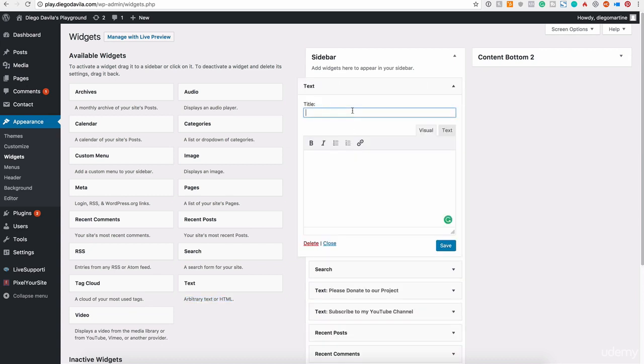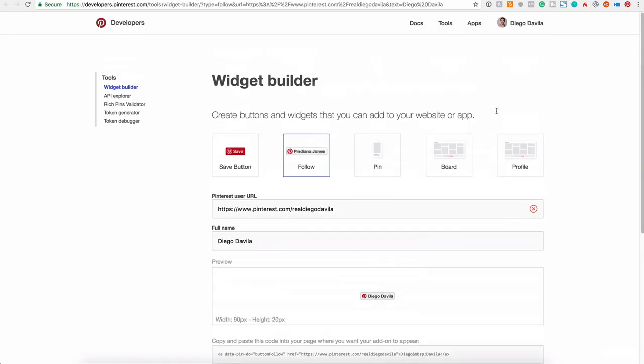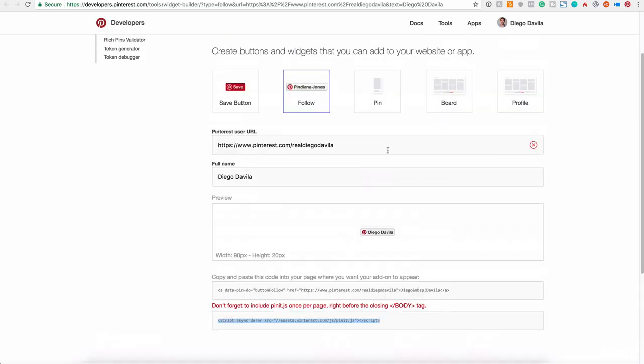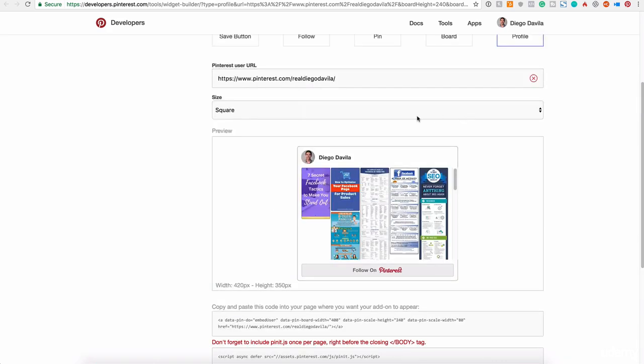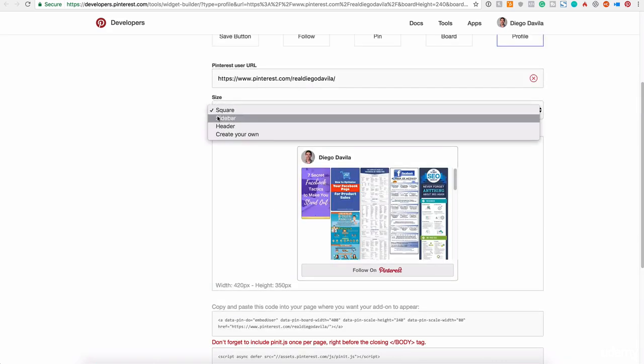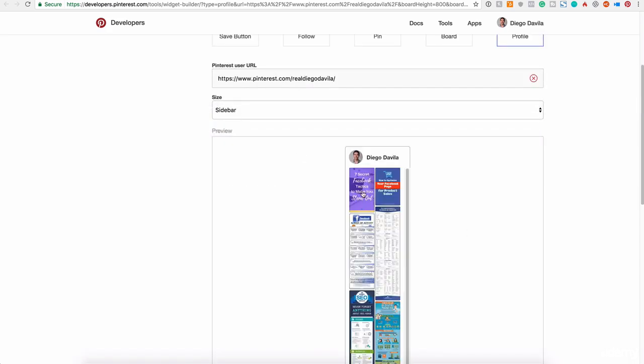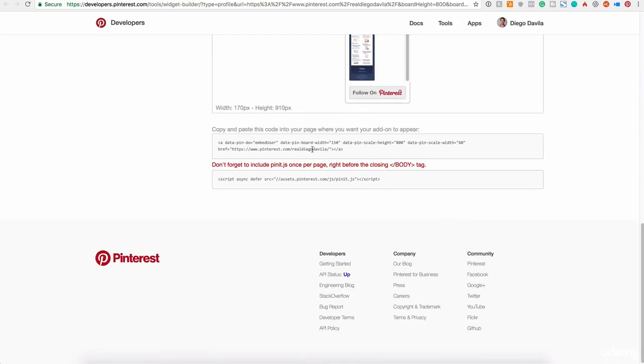Here you can add a title. So you can say, follow me on Pinterest. The title is not mandatory, so if you don't want, you don't need to add it. And here, let's create a new widget. And this is the last one, guys, to share with my audience. So let's do a profile, and on the size here, we can change to sidebar. So this is the preview, looks great. Now we copy the code,